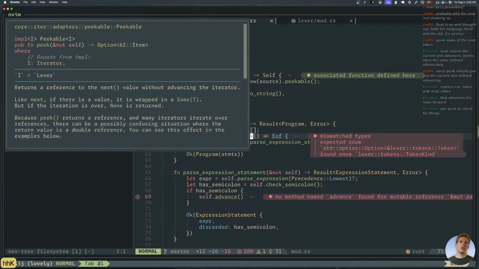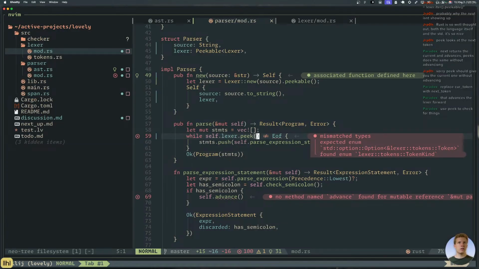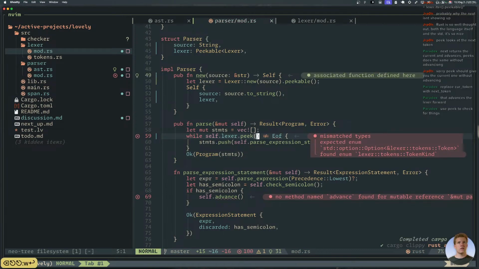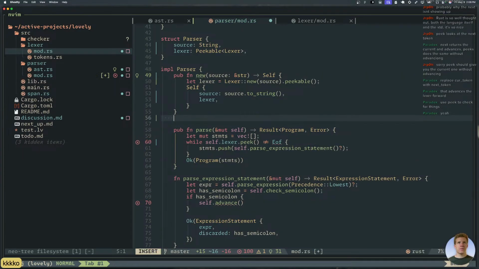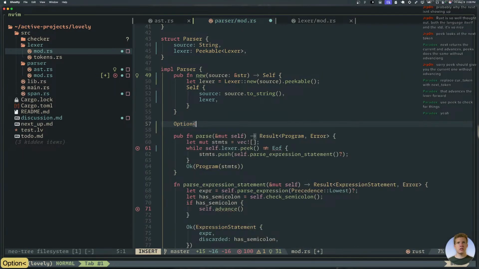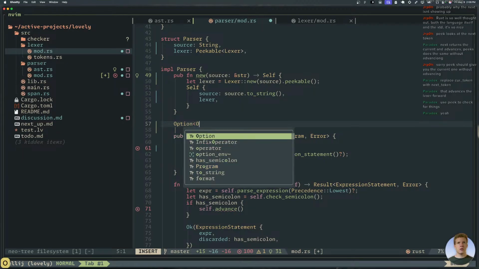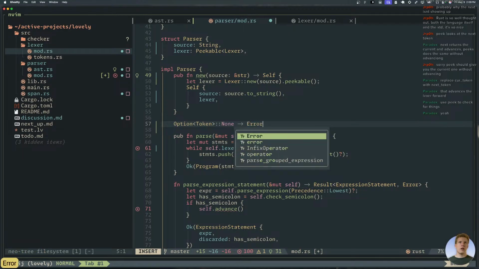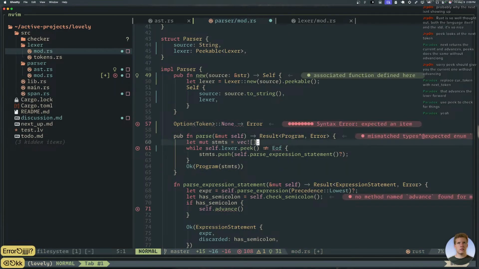But here's my question. Peek returns an optional. I would love to be able to do this. Is there some trait I can implement so I can turn an option token none into an error, so that I could do this? Is there something like this in Rust?